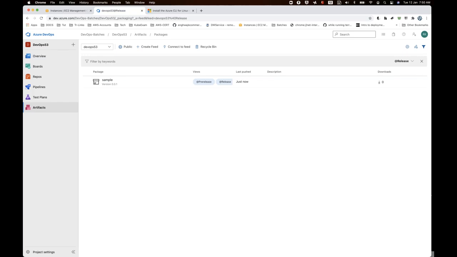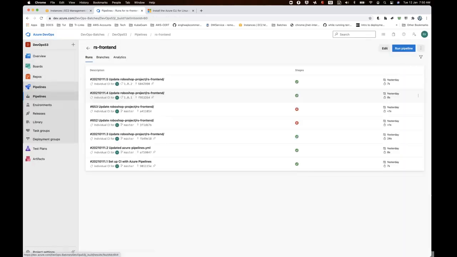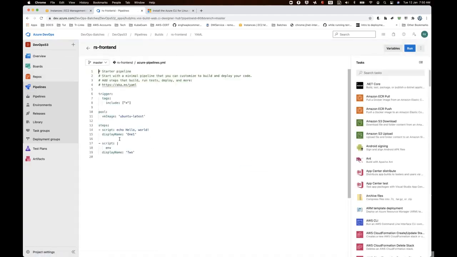All right, now I want to do the same thing with my pipeline as well. So I will go to the RS front end, and if you click on edit the pipeline, it automatically loads the pipeline. Now what I wanted to do is I just wanted to upload artifacts, right? So I will just say here